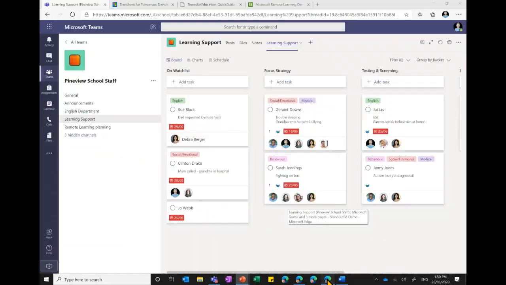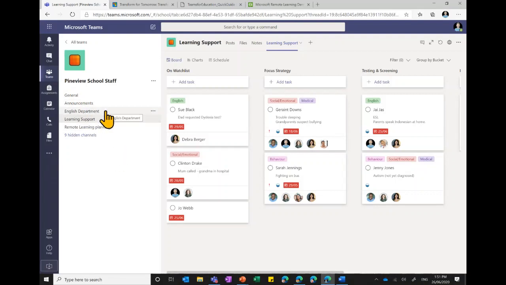So I'm just going to open up Teams here, and I'm just going to talk about some of the things that I've got set up in this environment. So I just did some training in the last couple of weeks with a few schools. So I've got some examples that I've talked through with schools or seen them using. So I've actually just gone on to the Pineview School staff page, or team. So this is a whole school team, and you'll see we've got different